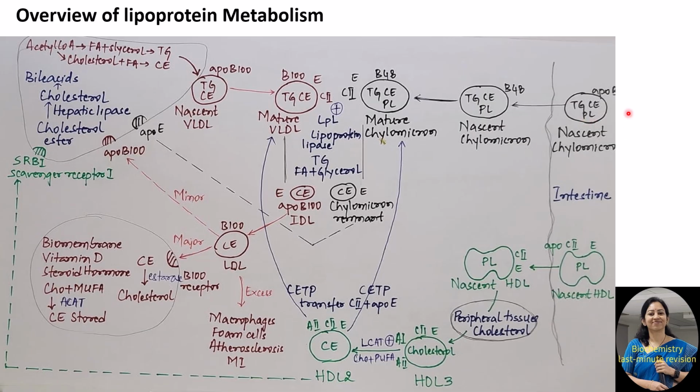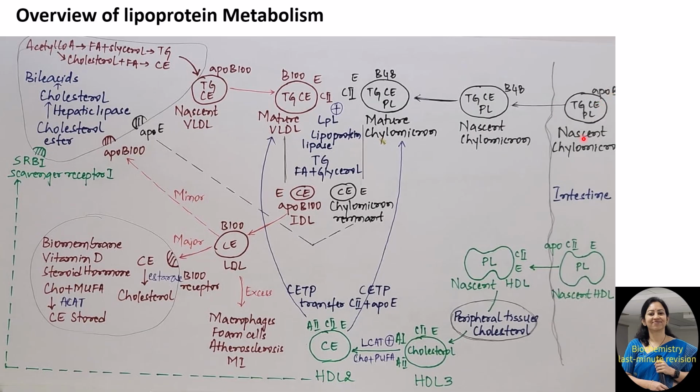Chylomicron. These chylomicrons are synthesized in the intestinal epithelial cells, and this is known as nascent chylomicron. Whatever dietary triglycerides we consume are known as exogenous triglycerides, and they are packed into chylomicrons. Along with this, the free cholesterol present in the diet is esterified with the help of esterase enzyme to form cholesterol esters, and along with the phospholipids all are packed into chylomicrons,